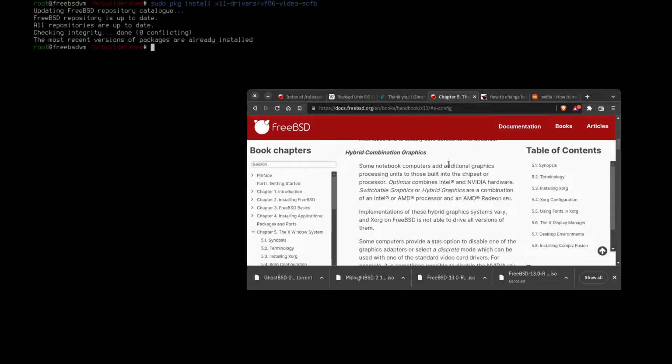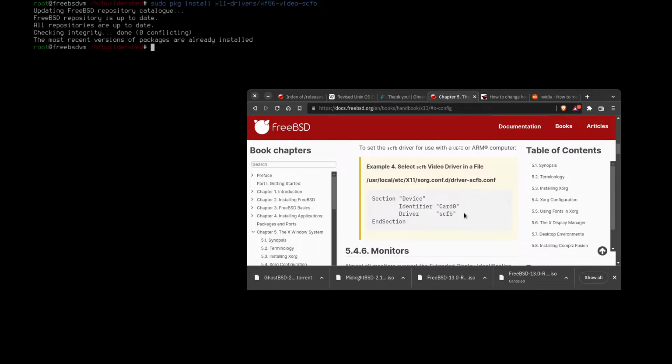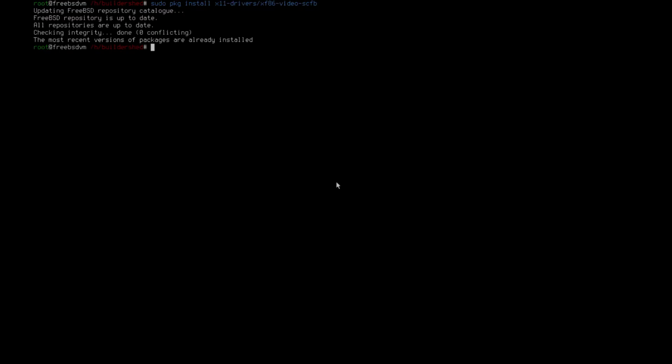So we just go down here, look for it. Yep, I'm just gonna move this over here. Just doing it over here. And yeah, I'm gonna vi /usr/local/etc/X11/xorg.conf.d/